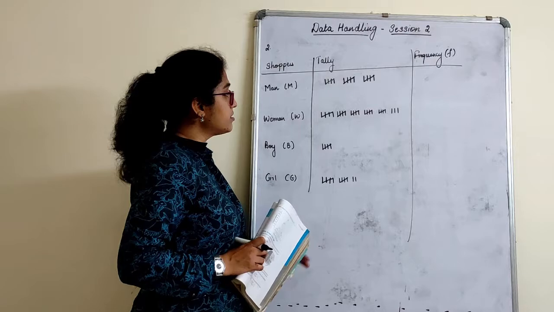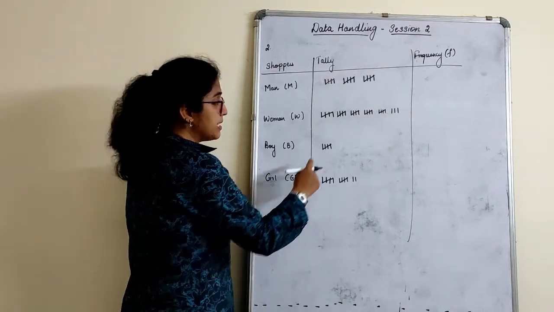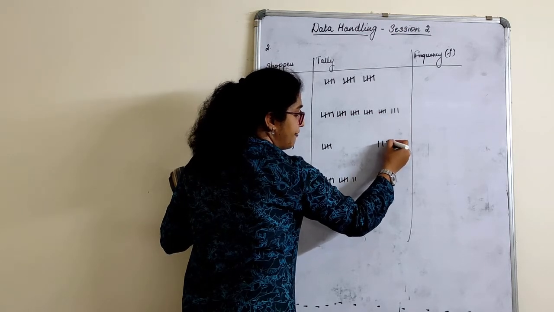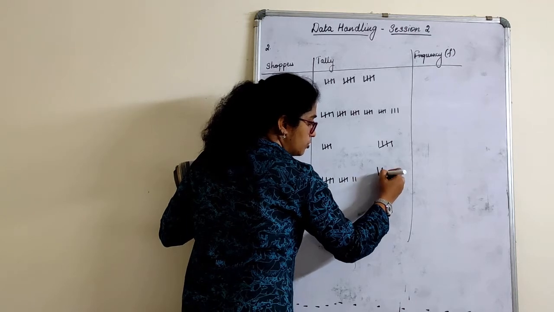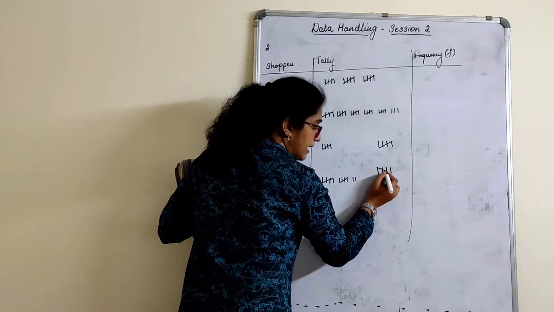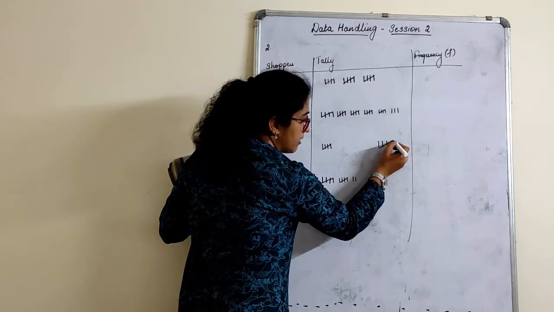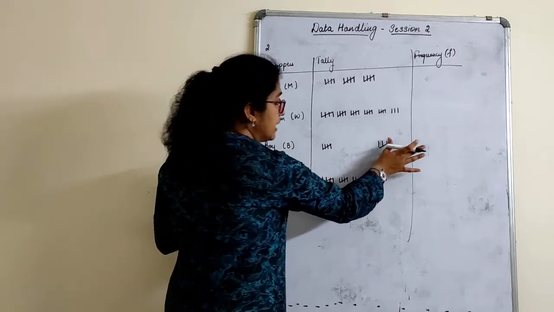This is how it goes. So I went on marking, I just got this as a result. Now sometimes children, see, I told you all 1, 2, 3, 4 and the fifth one is like this, right? If you mark like this, 1, 2, 3, 4, like this, both are correct. The tally's fifth one can either come like this or it can come like this. Okay? Both are equally correct.